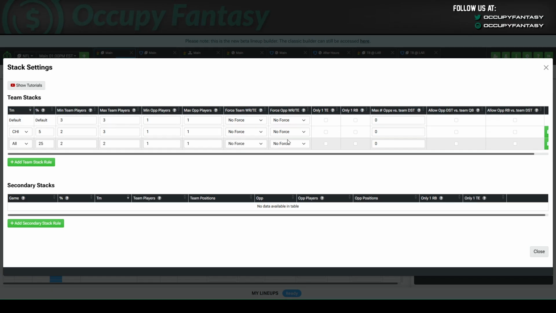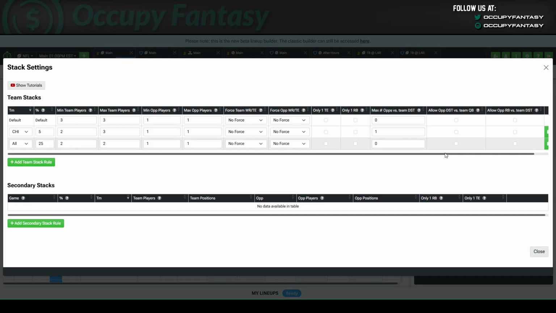So going back to my earlier example, let's say I do want to allow an opposing player against Caleb Williams and the Bears defense. So I would set this to a 1. Now I can see those lineups. This is going to say when I do get an opponent, do I want it to be just a pass catcher or do I want to allow it to be a running back? This is a good setting depending on whether the opposing team running back is a pass catcher or is kind